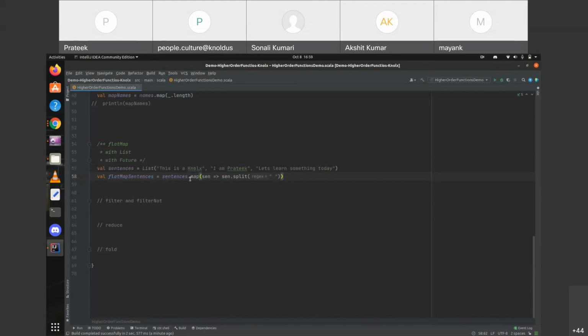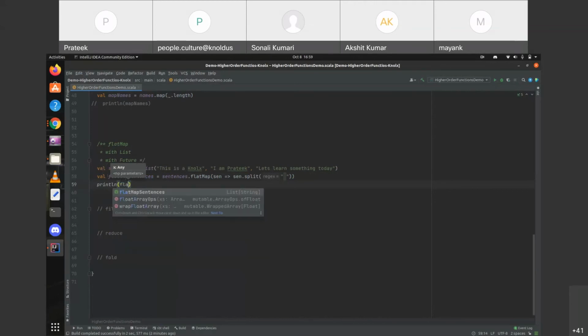But instead of calling map, if we call flat map here, then it will convert it into a single list of strings. That is, it removes the inner grouping and generates a single sequence. So we can print this out. Flat map sentences.